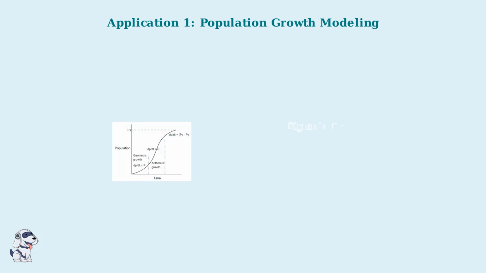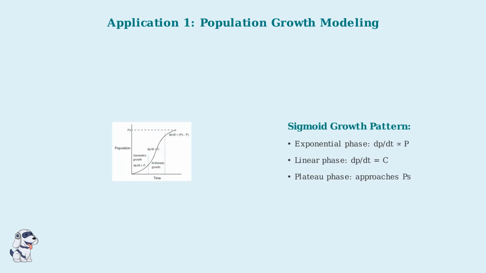Population growth often follows a sigmoid or S-shaped curve. Initially, growth is exponential when resources are abundant. Then it slows as resources become limited, eventually leveling off at the carrying capacity. Scientists use this model to study wildlife populations, bacterial growth in laboratories, and even human population dynamics in cities and